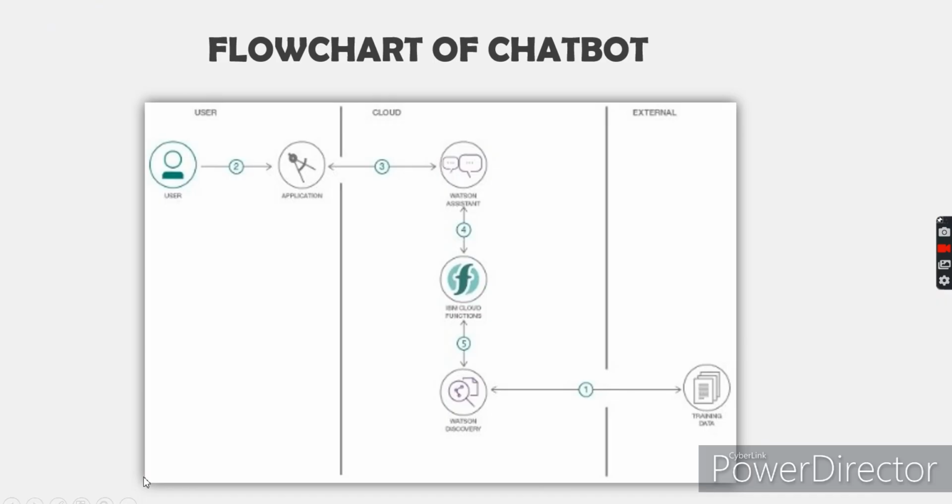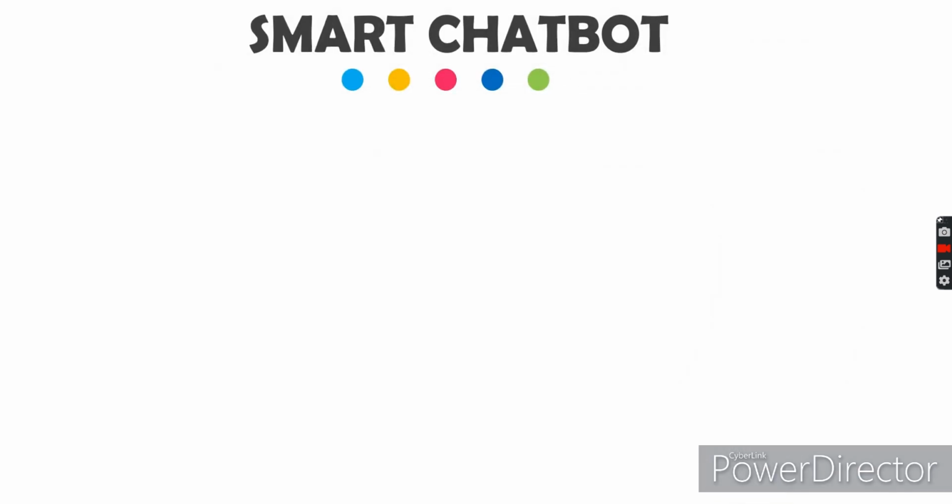If the customer question is about the operation of a device, the application shall pass the question on to Watson Discovery Service, which has been preloaded with the device owner manual, so that the chatbot can reply with the relevant section from the manual. In this project, we are going to use IBM Cloud functionalities.